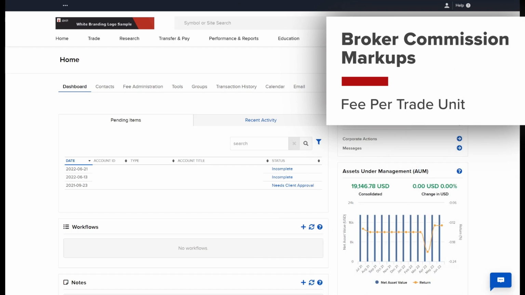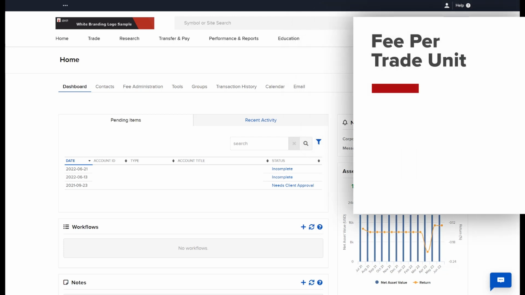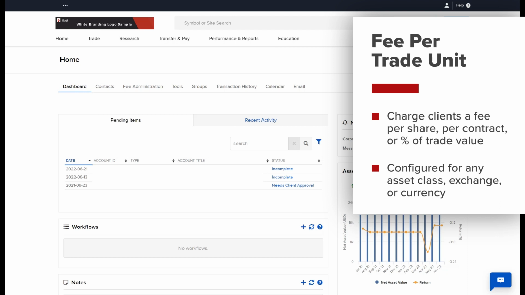This video lesson will review broker commission markups via the fee per trade unit method discussed in the previous video. The fee per trade unit method allows brokers to charge their clients a fee per share, per contract, or a percentage of trade value. Fee per trade unit can be configured for each asset class, e.g. stocks, options, etc., exchange, and currency, and the trade unit, per share, per contract, or percentage of trade value depends